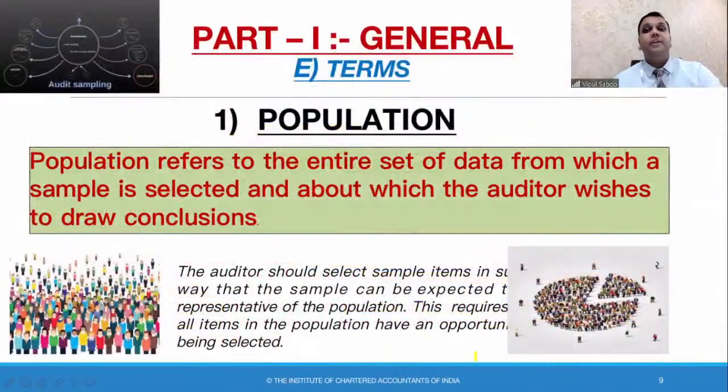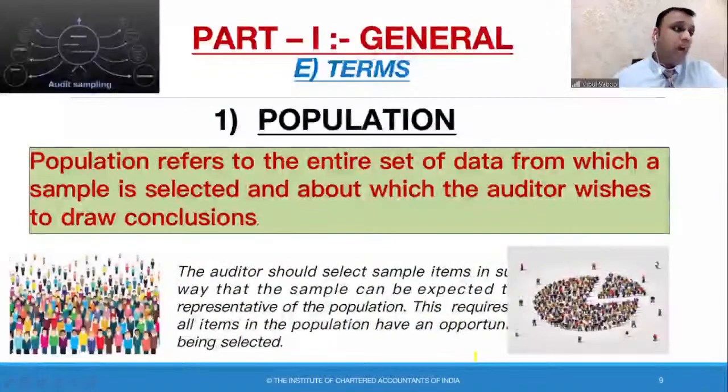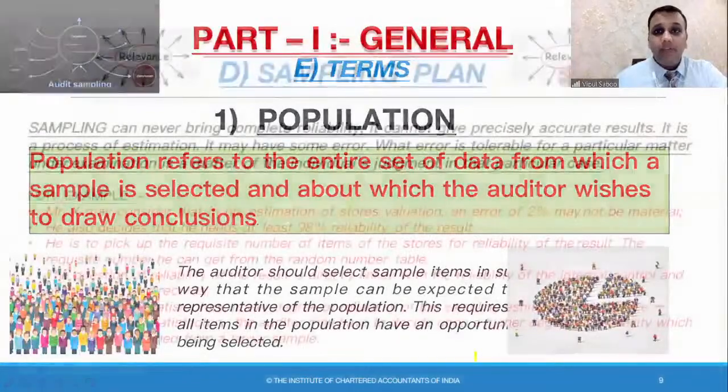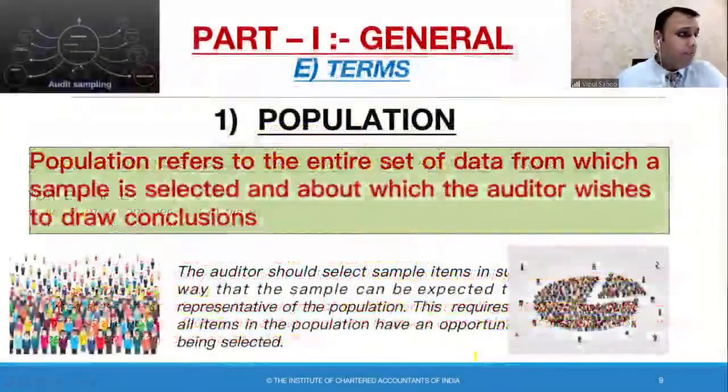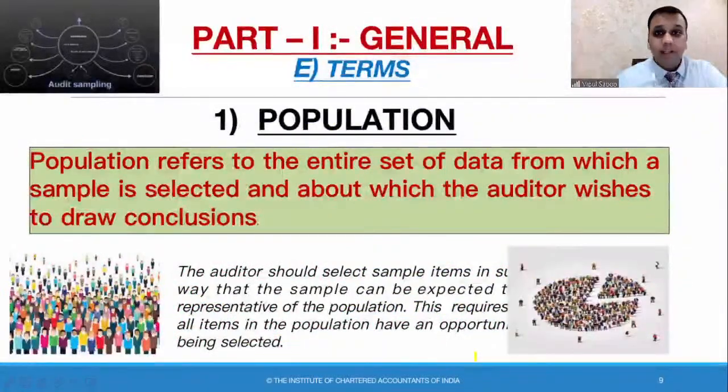Okay, so let us come to some terms. Any doubt till now, please? So that we'll come to the terms population, sample, and other terms, please. Any doubt till now? I'm not able to understand, Mr. Nathani, Jamil Nathani. What have you written? Further audit procedure. What do you want to convey or ask?